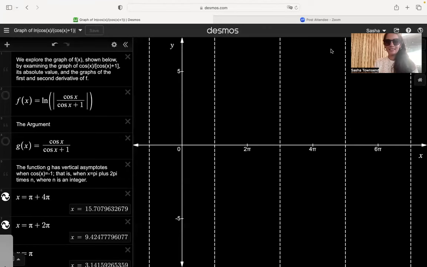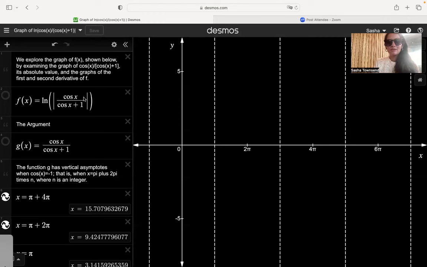Okay, so this is our 11th example from our derivatives of functions involving logarithmic functions. We've got f of x equals the natural log of the absolute value of cosine of x divided by cosine of x plus 1. Since we've got this function inside the logarithm, the first thing that we need to do